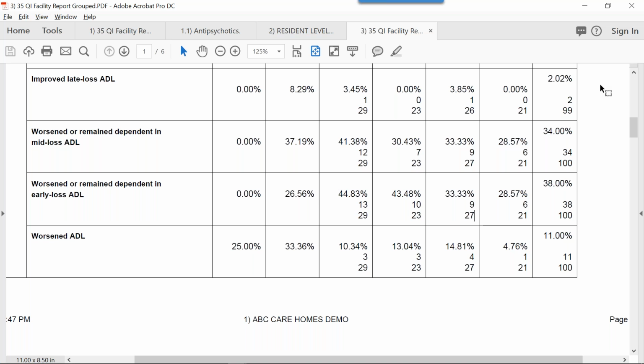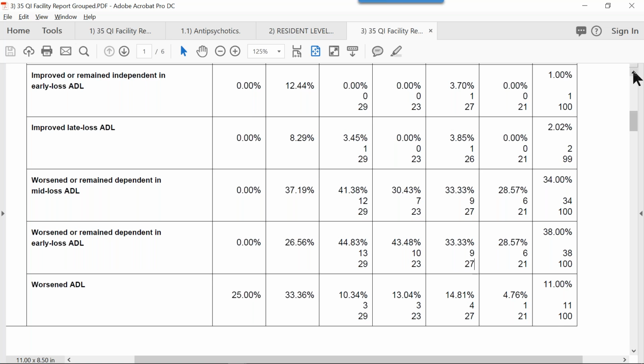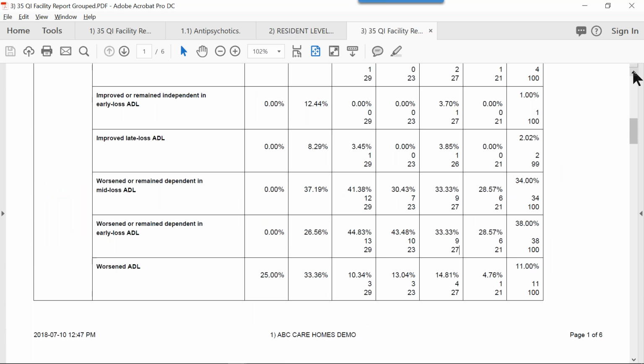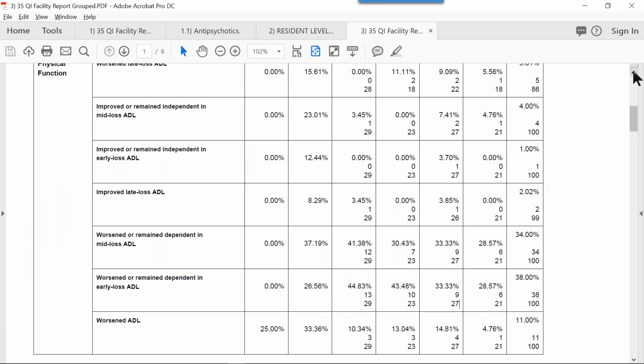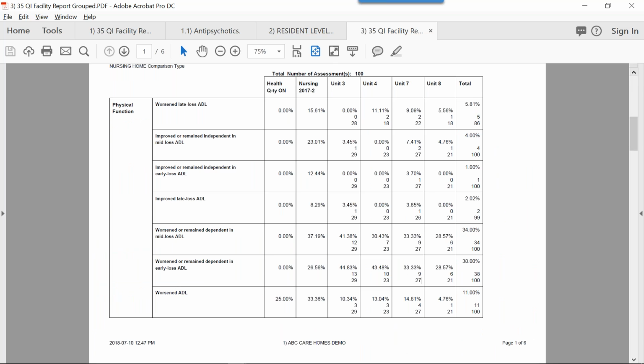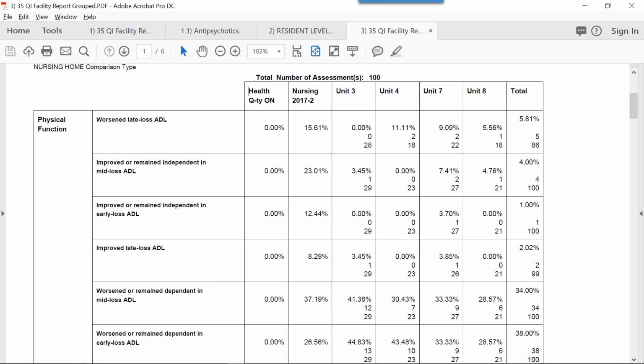So I just want to bring those titles up a little bit here, so we can see the headings. I might have to make it a bit smaller, because I want you to be able to see the headings as well. Okay, so you can see here we have unit 3, 4, 7, and 8. We have the total for our facility. We also have the provincial averages for all 600 plus homes, but we're also showing Health Quality Ontario's average. And we know that they haven't picked them all yet,